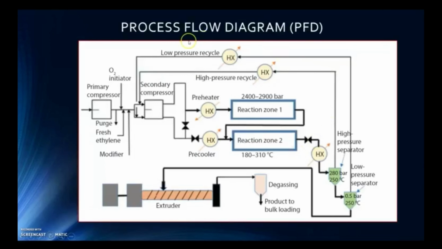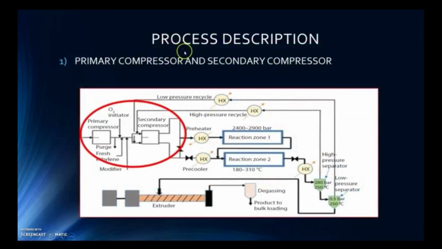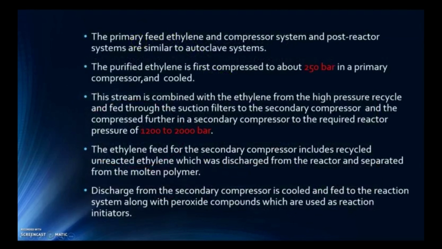Okay, this is our process flow diagram. We have several unit operations. First we have the primary compressor and secondary compressor. For the primary compressor, the primary feed ethylene and compressor system and post-reactor system are similar to the autoclave system. At the first compressor, the pressure is 250 bar and then it's cooled. After being cooled, this stream is combined with the ethylene from the high pressure recycle and fed through the suction filter to the secondary compressor